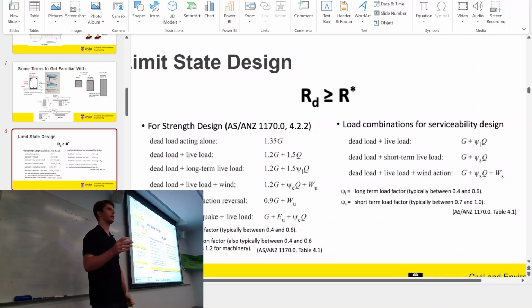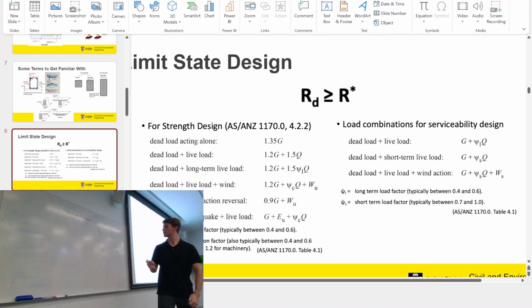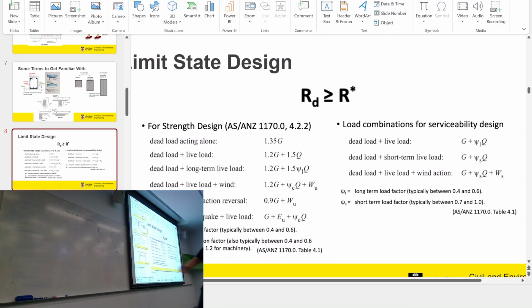Is anyone not too sure about that? That might not have been the best explanation. I can explain it in a different way. Does a lower number mean stronger? So, lower number means stronger. What do you mean by that? 0.9 is lower than 1.5. Yeah, so basically,